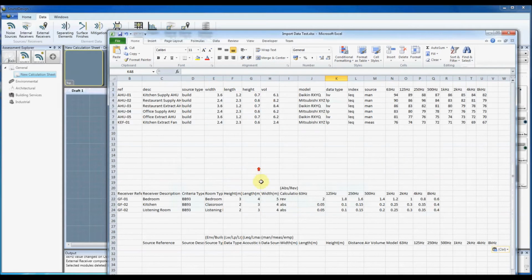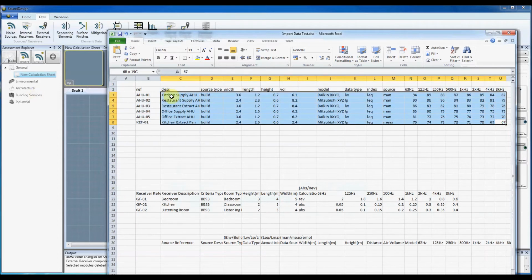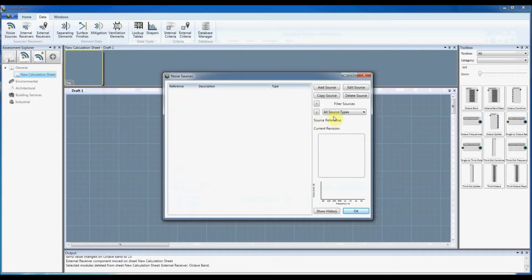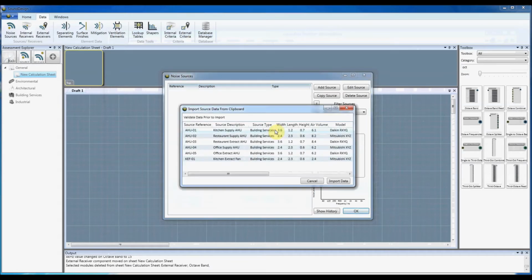So I've already got some noise sources here that I've organized. I've put in the headings there that it will recognize. So if I literally just copy those into my clipboard by selecting the entire table without any of the options, if you have got those on your table, just select the column headings on their own. Do copy by Control C or right clicking and selecting copy, and then if you go to sound design, right click and just do import clipboard data as sources, it will then pull all the data out of the clipboard